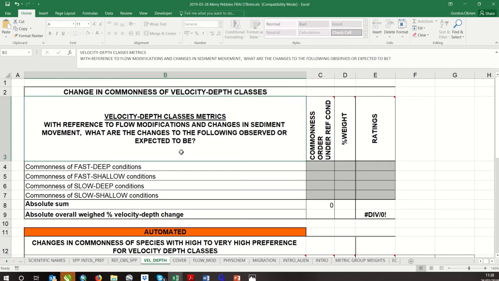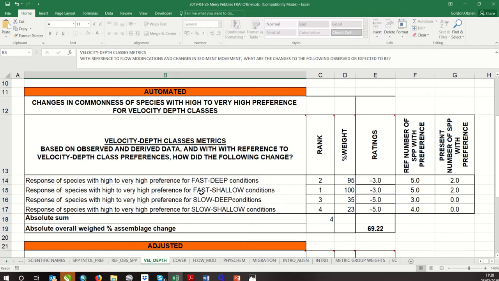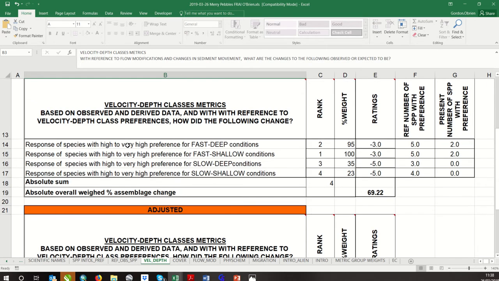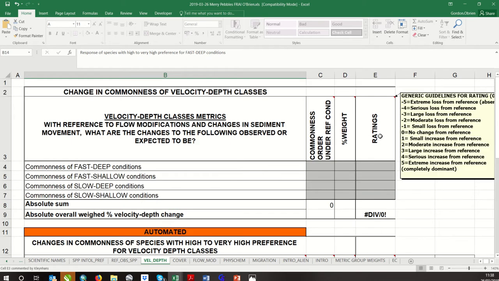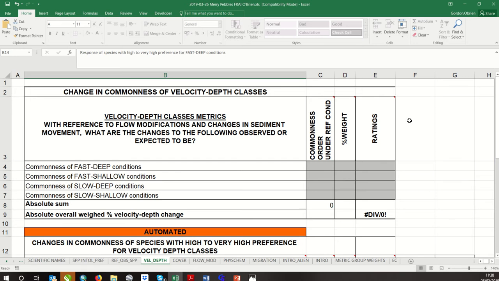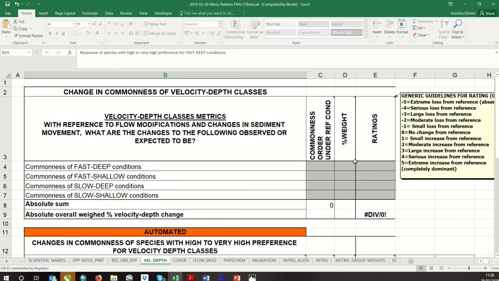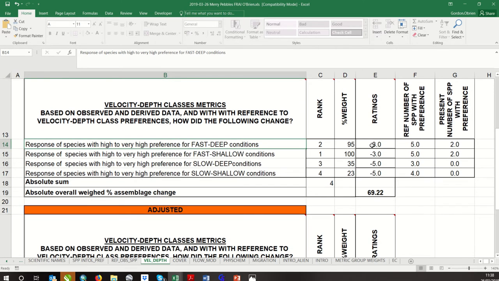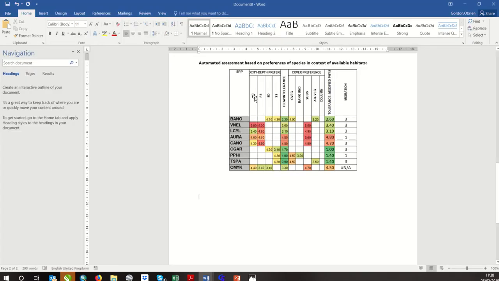Okay, so the first thing is that the automated score says that you had the responsive species with a very high preference for fast deep. You've had a 3, which is representative of a large increase from reference or a large decrease from reference. Okay, so it's minus. So we've lost many of the species that have high preferences for fast deep. So what I do here is I go back to my data and say, all right, in terms of my fast deep habitat,